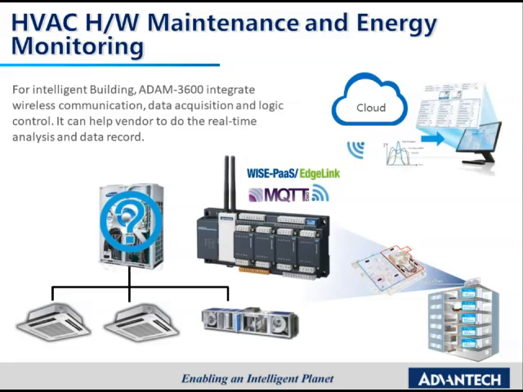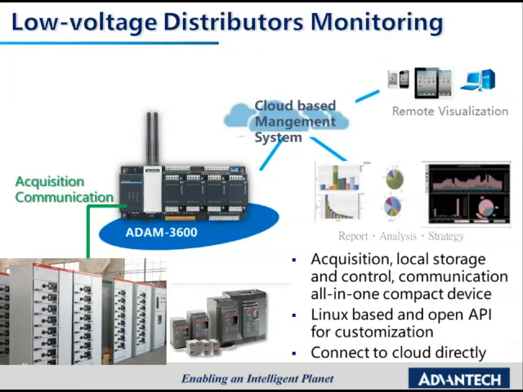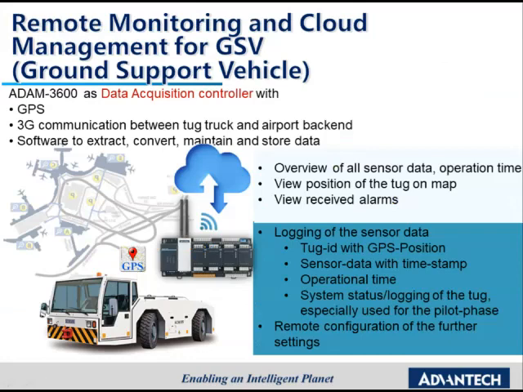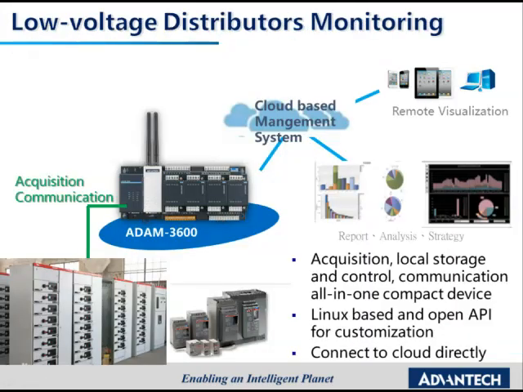What's more, Advantech 3600 is used to do the logic control to turn on and turn off the fan and motors. In this application, Advantech 3600 is used to monitor the distribution panel in the real site for low voltage monitoring. With the help of Advantech 3600, data acquisition, local storage, and control communication functions can be assembled in one